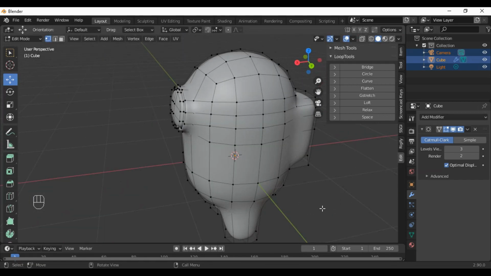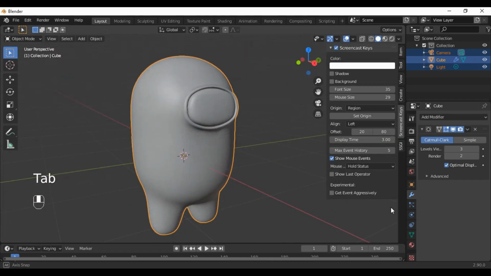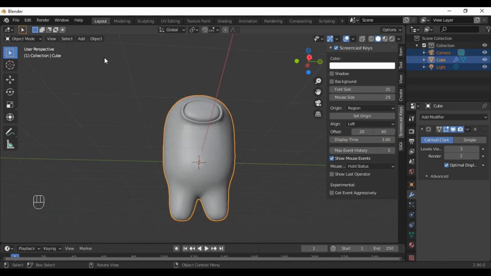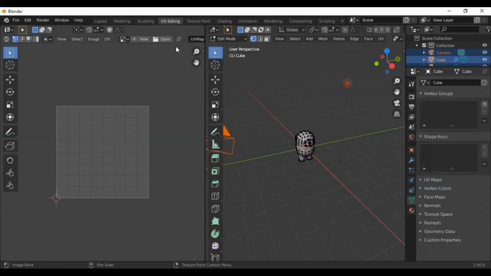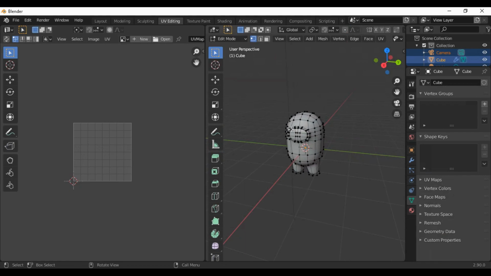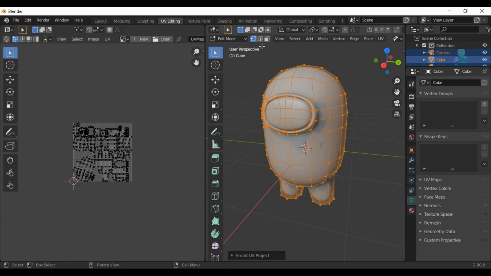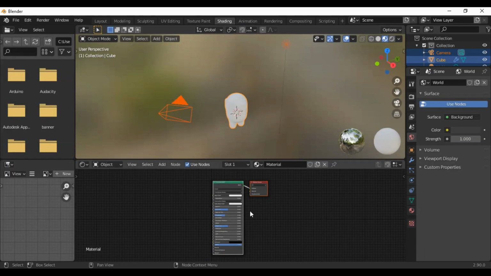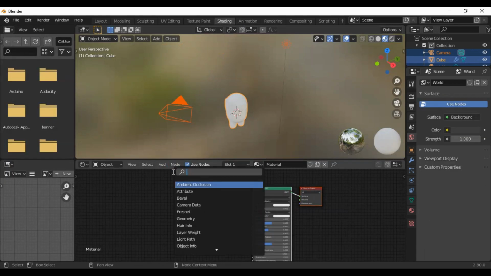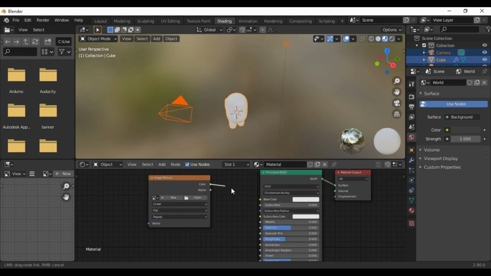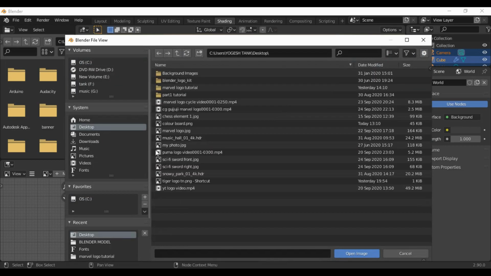Okay. Now we are going to use UV editing. So why are we going to use UV editing? We have to give some color. To select, press A, go on UV, Smart UV Project. Okay, all our faces are given. Go on Shading, add Image Texture. Okay, so in this tutorial I have used a color board, so you can also download one from Google. You can also use this color board. Its link is given in the description.